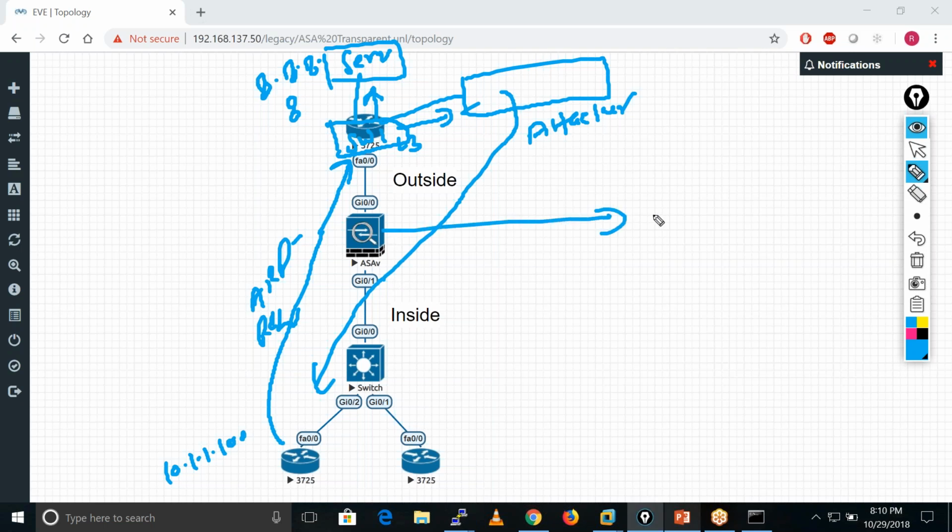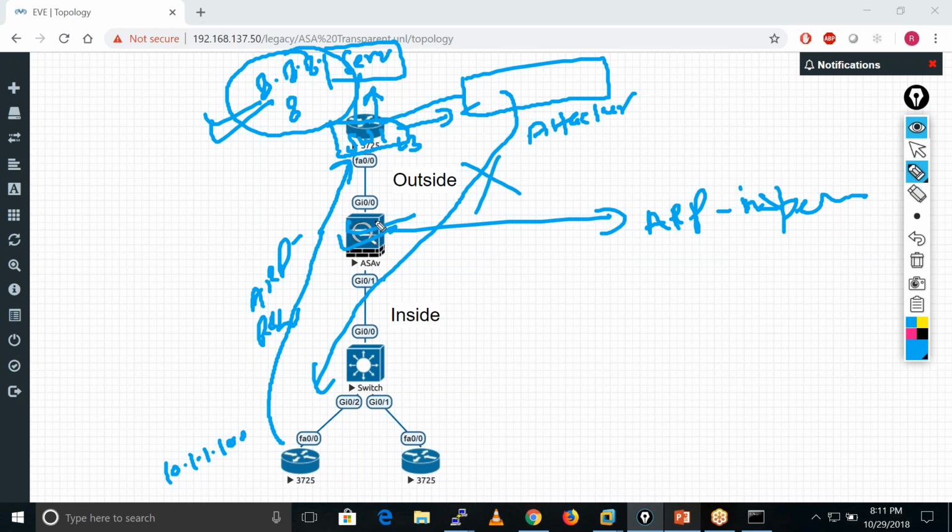So if we have enabled ARP inspection on our firewall, our firewall is aware of the IP address and the MAC address of this guy. So if some other guy gives the ARP reply, the firewall does the inspection on this particular ARP reply packet, and if it finds a different MAC address, at that time it just drops this packet when it goes through this interface, here only.